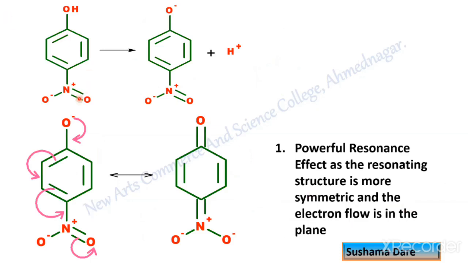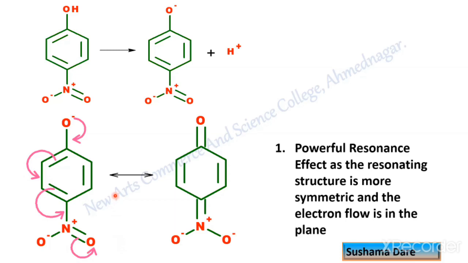But in case of para, now look, the NO2 group takes part in the resonance. Because of that, this resonance effect is more powerful, because you can see this structure is more symmetric. If the structure is symmetric, then it always has more stability. So this structure has more stability, and one more feature here is that all the electron distribution is in the plane. If we compare it with the ortho conjugate base, in the ortho conjugate base, you can see that the